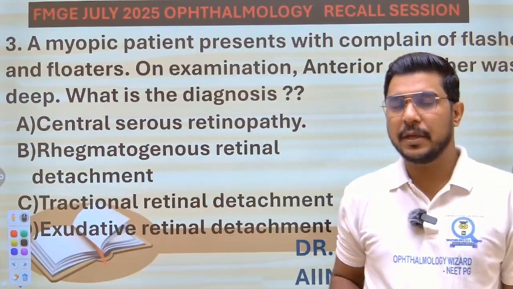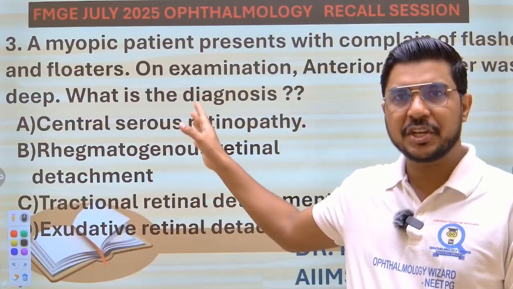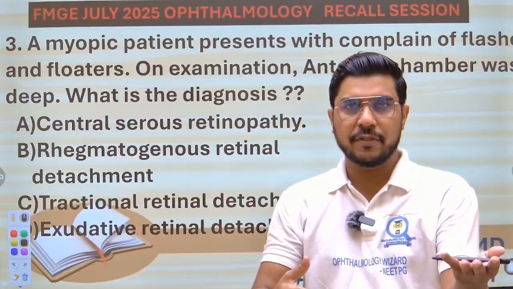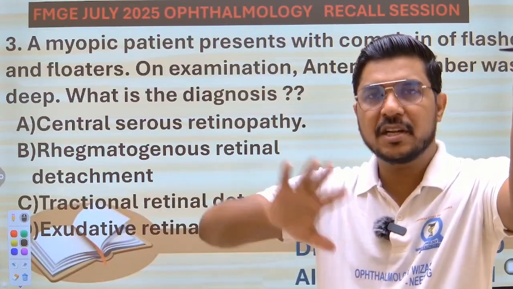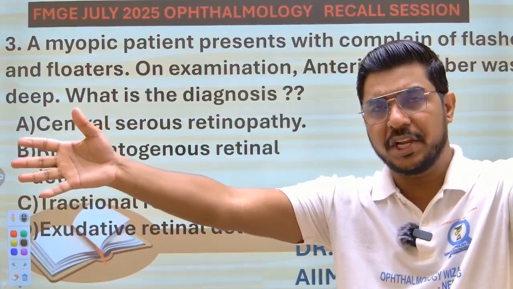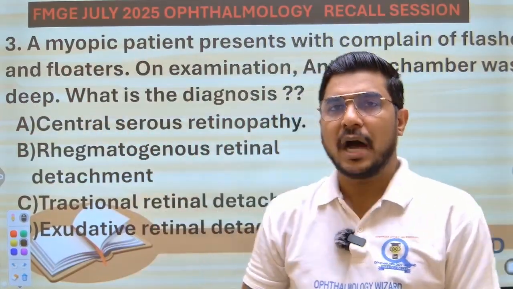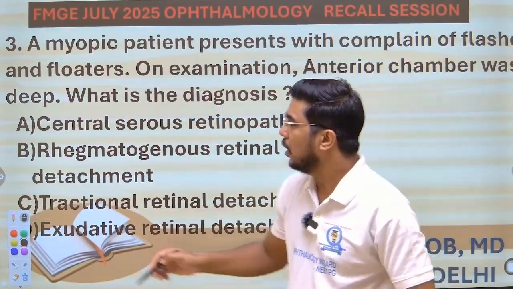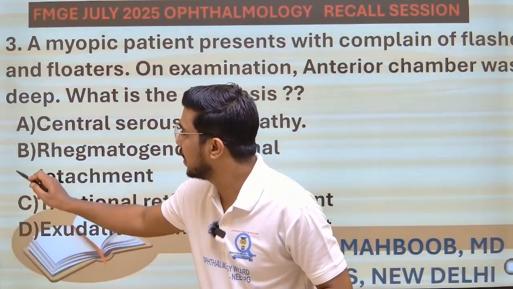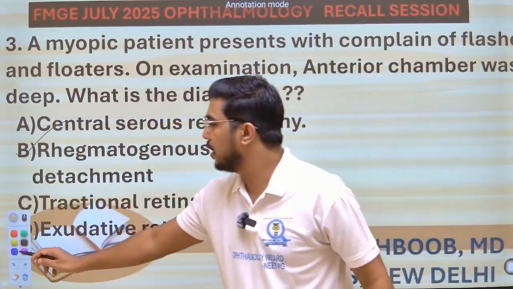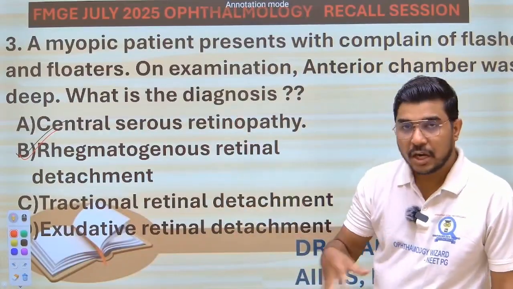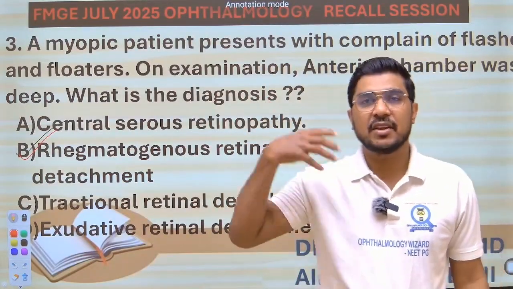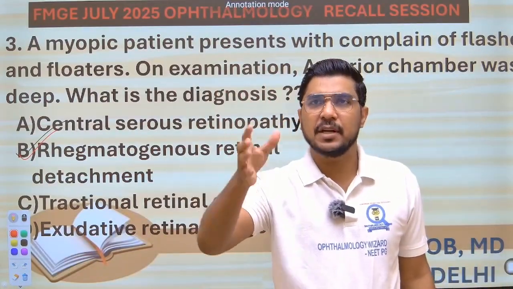The answer will be rhegmatogenous retinal detachment, because the myopia patient is at a higher risk of development of retinal detachment compared to that of the normal population. Answer should be here, the rhegmatogenous retinal detachment. Now, because I have told you myopia is at the risk of development of retinal detachment compared to that of